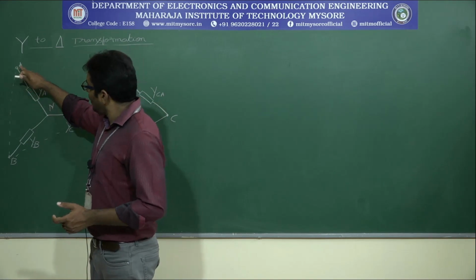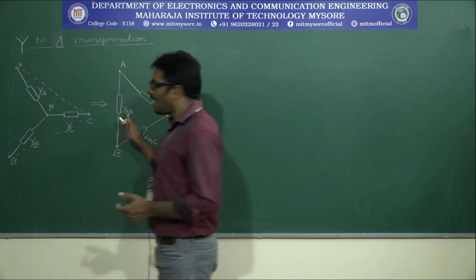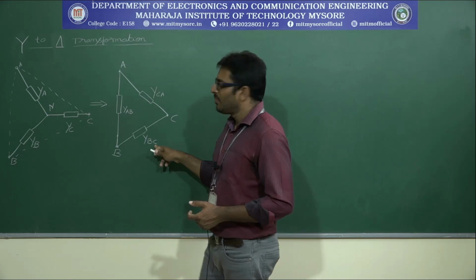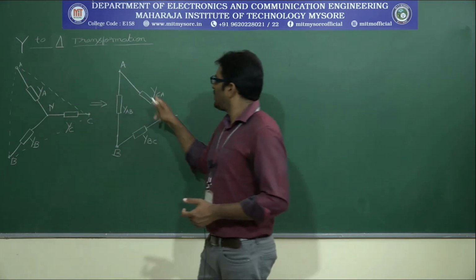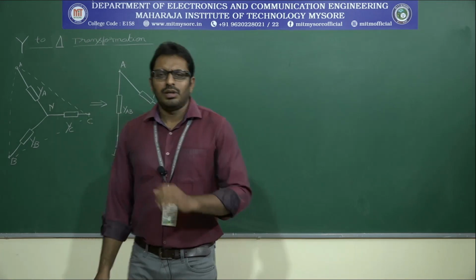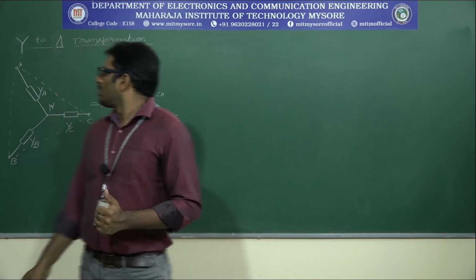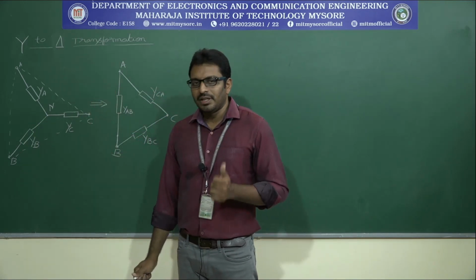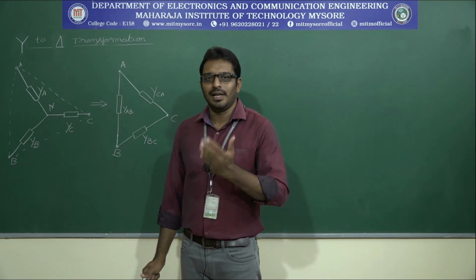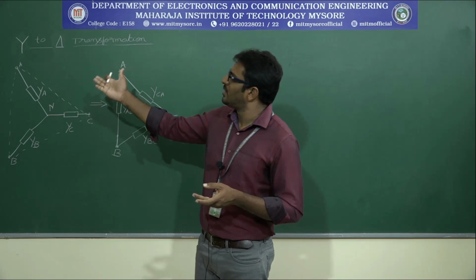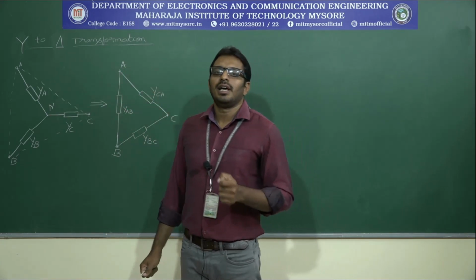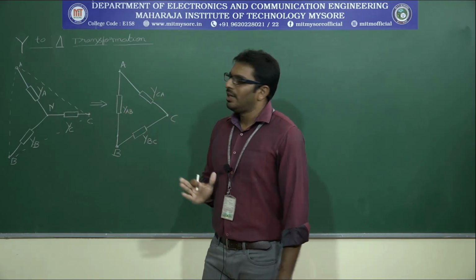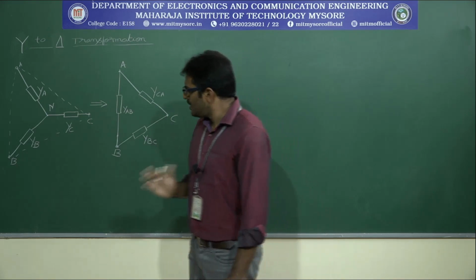The admittance connected between A and B is known as YAB. Between B and C, the connected admittance is known as YBC. Between C and A, the connected admittance is known as YCA. So it is almost similar to delta to star transformation, but there we used three impedances connected in star and delta pattern. Now in order to understand the star to delta transformation, we consider three admittances. Is it clear?